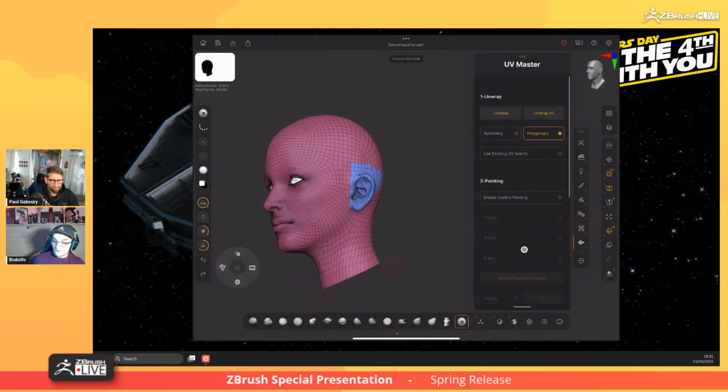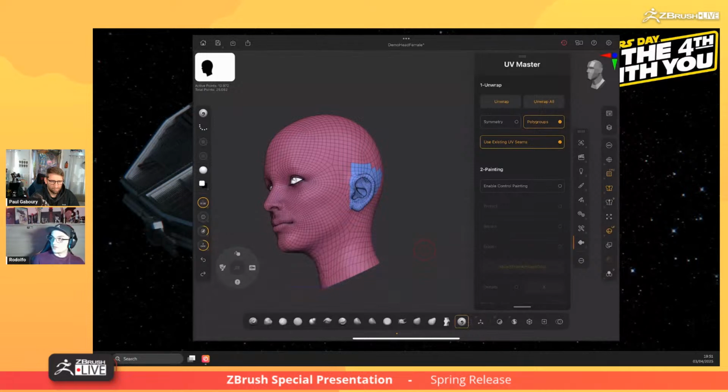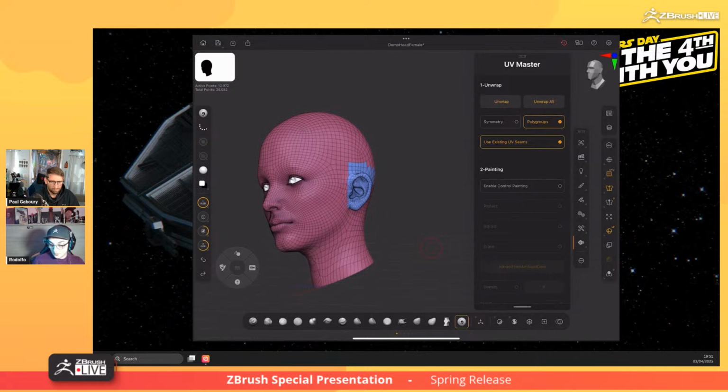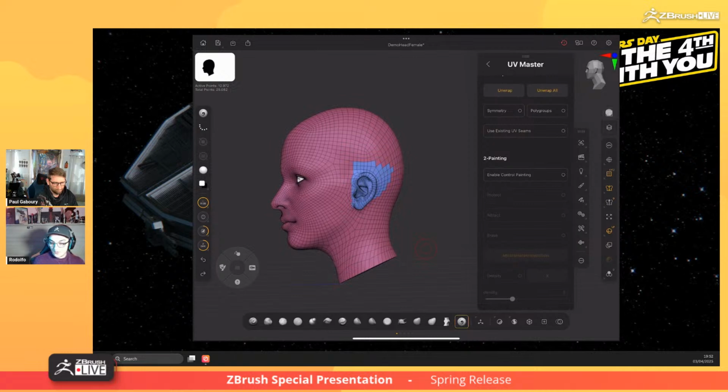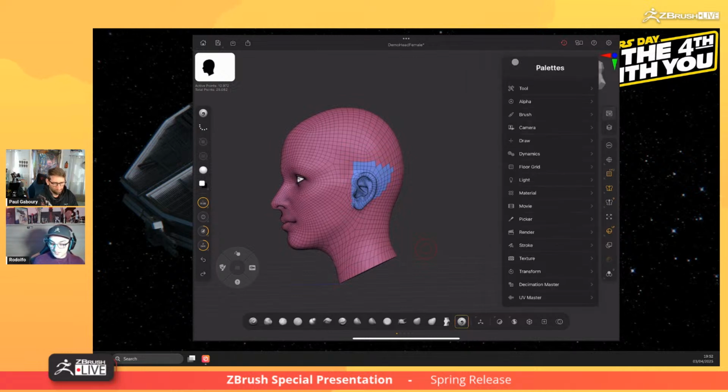But yeah, this is UV Master, and you can also just click use existing UV seams if you already have UVs and you just want to edit those, you want to add some more, or maybe unfold those. So this is pretty cool and very, very fast, as you've seen. It's just one click and it's done. Boom, right? So this is UV Master, but now adding to this, since we added ZModeler, there's another feature,